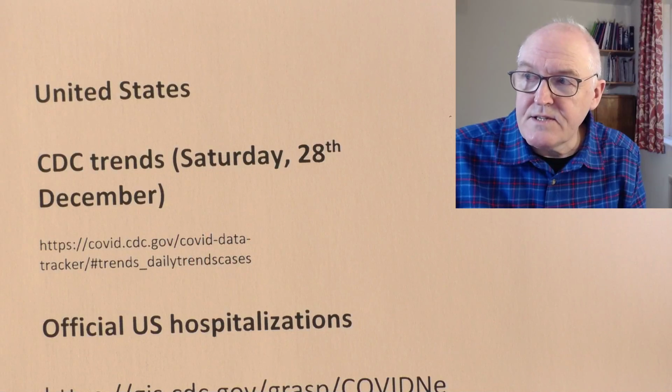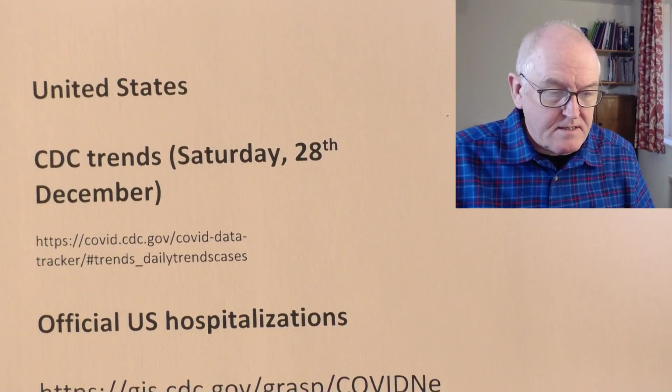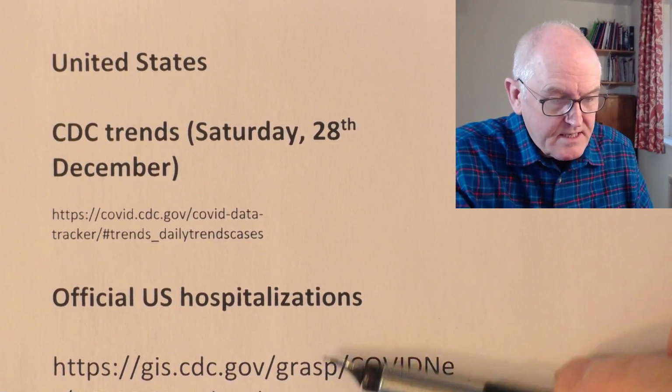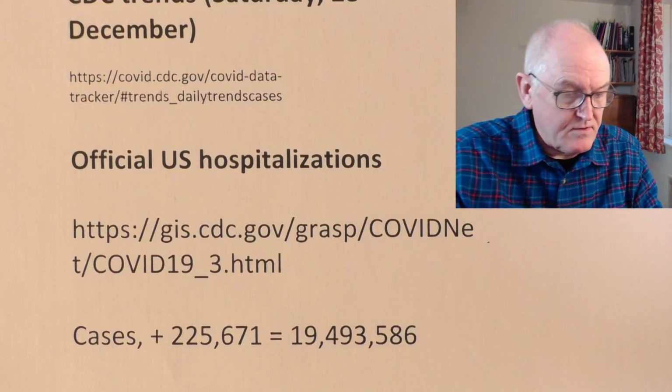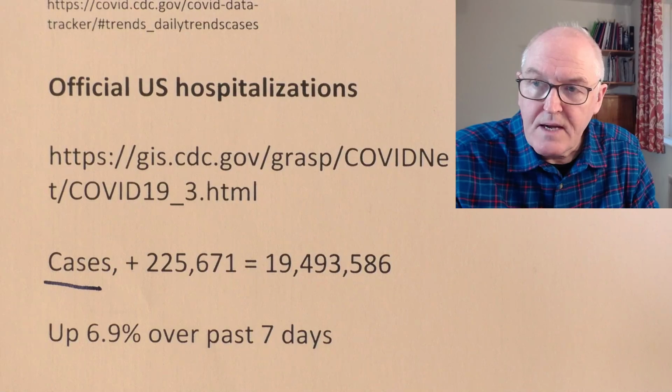But we know that the trends are bad, unfortunately. So United States CDC, check it out for yourself. Now, US hospitalizations, again, this data's out of date, but let's look at the cases first of all. So cases in the United States, the best data seems to be showing